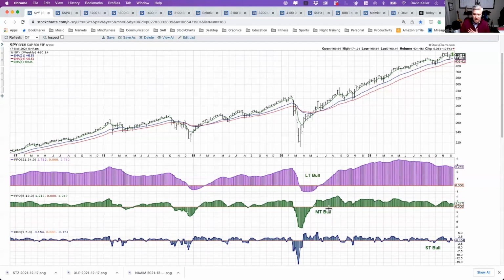For me, the medium-term model, by the way, is my main risk-on and risk-off measure. This is the main measure that I have of overall: should I be thinking more risk-on and looking for long ideas, or risk-off and thinking about defense or short ideas, or being more cautionary? So what happened since then, and really going into 2021, we think of this market